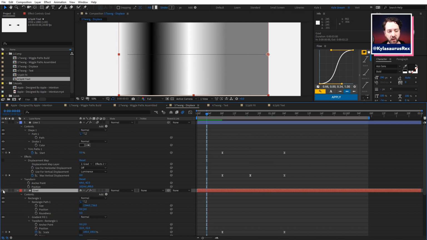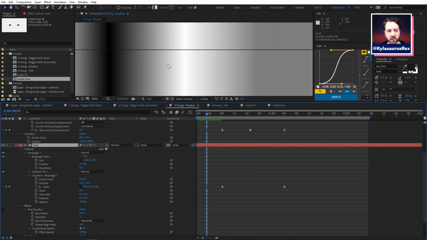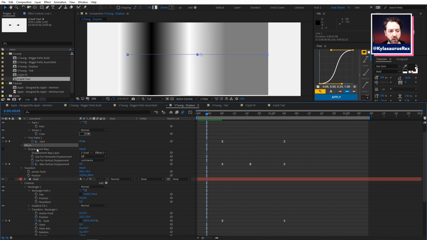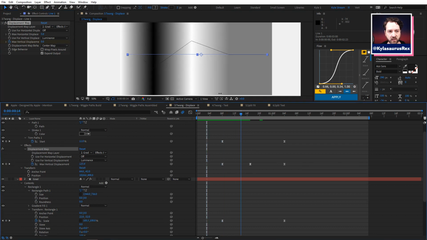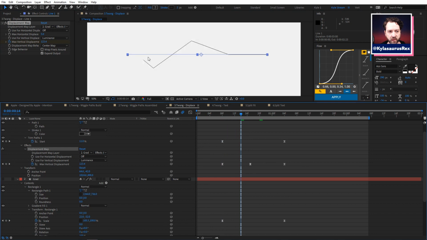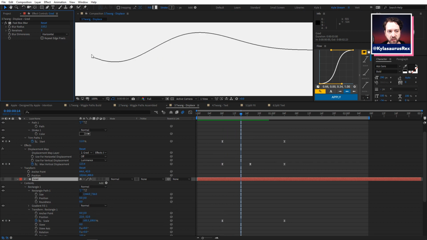50% gray means no displacement, and then white and black are the extremes. So let's go ahead, just so you can see what's going on. I also blurred it quite a bit to really soften it, but let me show you what's happening here. I'll turn on my displacement map effect. Again, I keyframed this from 0 up to a higher value, and see how it's really chunky there? Let me turn that off. That's because we've got a hard falloff. So I just applied a pretty big blur horizontally, and that softens it right up. And again, I used motion blur to get just a little bit of that.